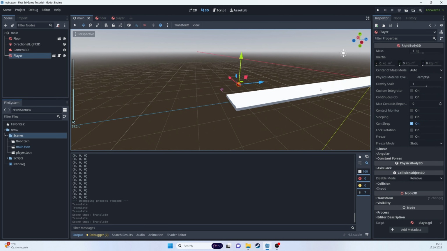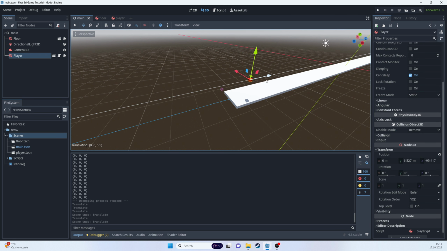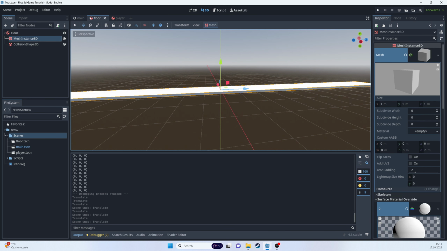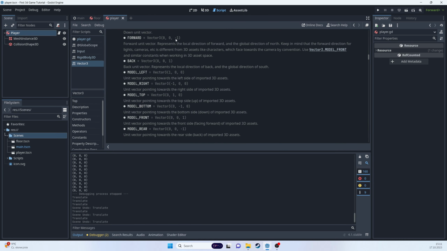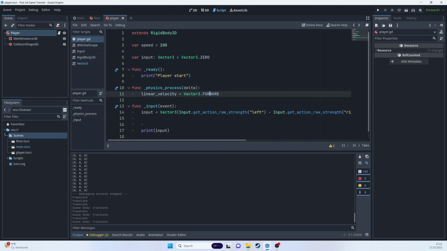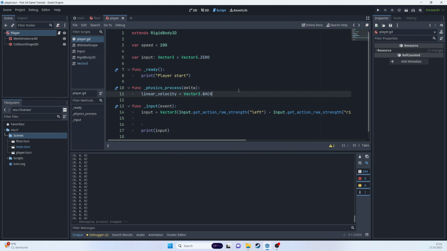I believe it should be moving to that direction. Let's see. Player code forward. Okay, forward is -1. I have no idea why. But if we change it to back, then it's gonna just move towards the end of the floor. Okay, so